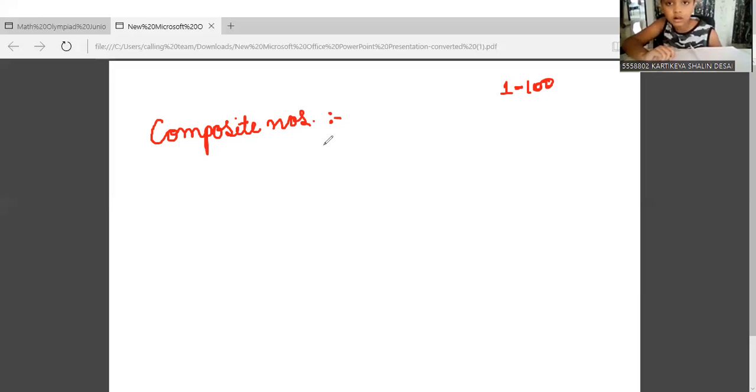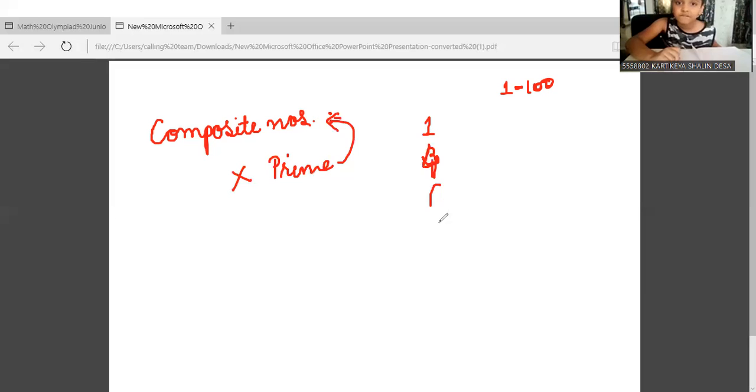Kartike, what is the problem with your definition? You told me that all those numbers which are not prime numbers are known to be composite numbers, right? Now, what is the problem with this? Previously we wrote all the prime numbers from 1 to 100. Now, going according to your definition, I'm left with these numbers: 1, then 2 is out, 3 is out, 4, then I'll take 6, then 8, then 10, and so on. So according to you, this list will give you all the composite numbers. Am I correct according to your definition?